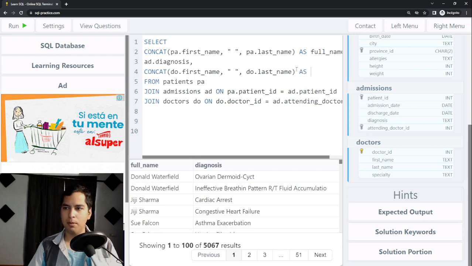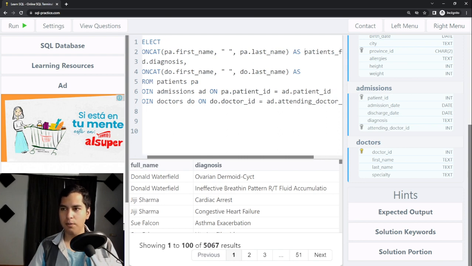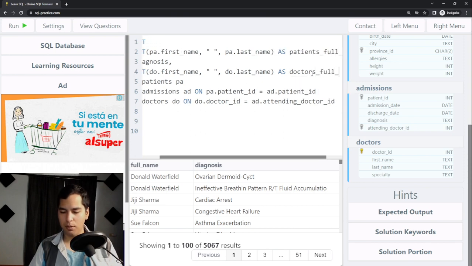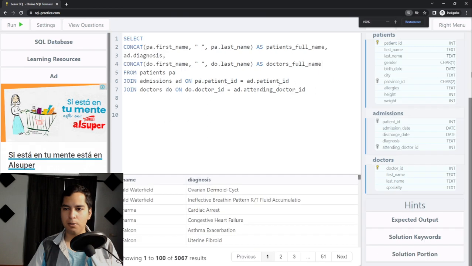And I can give this patient's full name and doctor full name. So I'm going to zoom out so that you can see better the code. So I'm doing this,